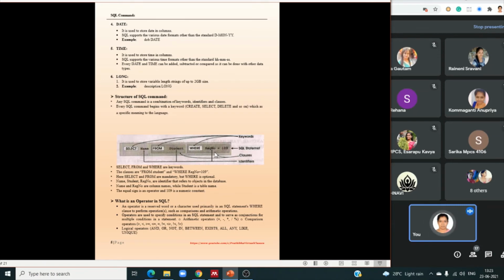Register number is also one of the column names. Reg number is equal to 109 is the condition or expression. The clauses we used are the from clause, from student, and the where condition. These are the two clauses we used in the select.